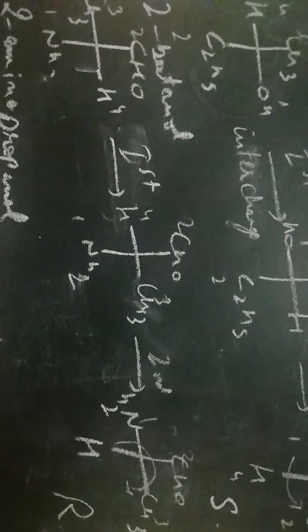This is 2-aminopropanol. Here we can see first priority to this NH2 group, second to CHO group, third to CH3 and fourth is hydrogen. So group of the lowest priority is lying on the horizontal position. So we will make two additional steps, that is two additional interchanges. First interchange is made between the groups on the horizontal line. So we will get this product. We can still see that group of the lowest priority is present on the horizontal position and we need to bring it to the vertical position.